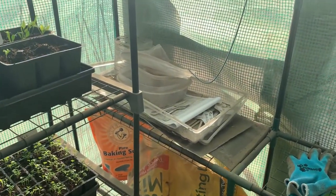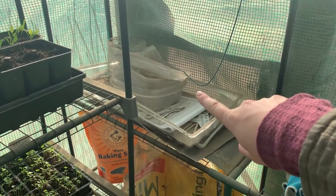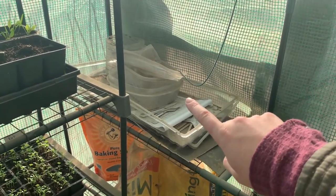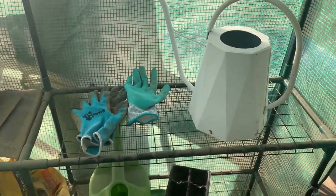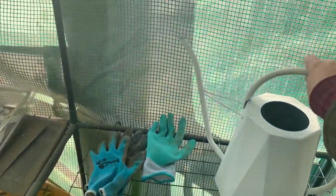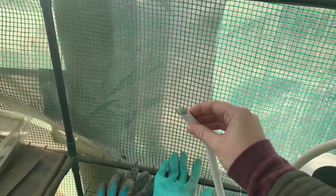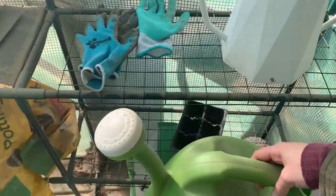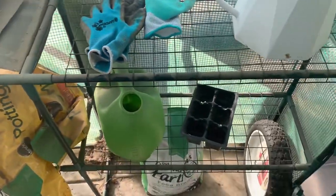some more buckets, and these kinds of things I use to sort seeds. So like my marigold seeds, when I was picking the heads and stuff, I used those. And then I have more gloves that I've used, my watering can, another watering can. Both of these have, they each have a different spout. So this one is just straightforward, and then this one has the rain spout on it. And then on the bottom